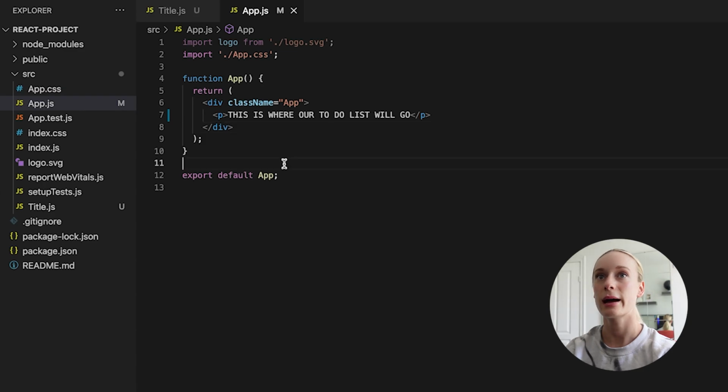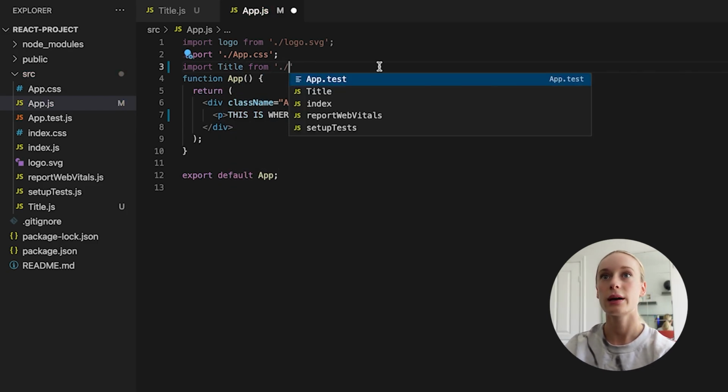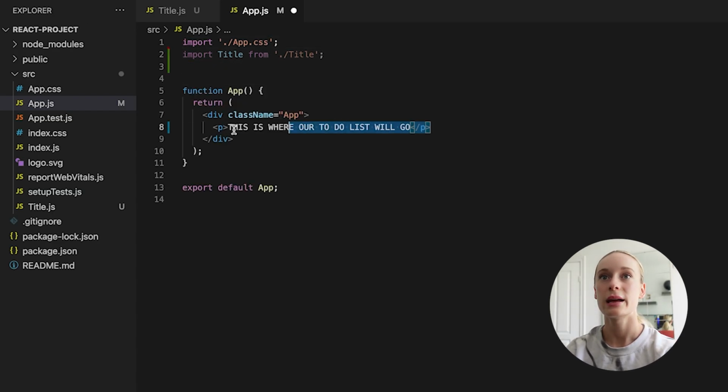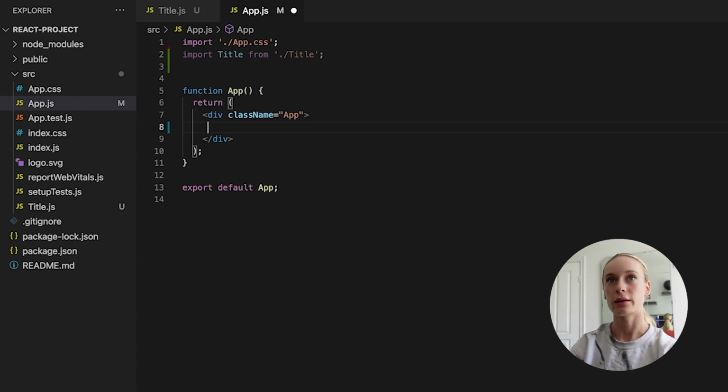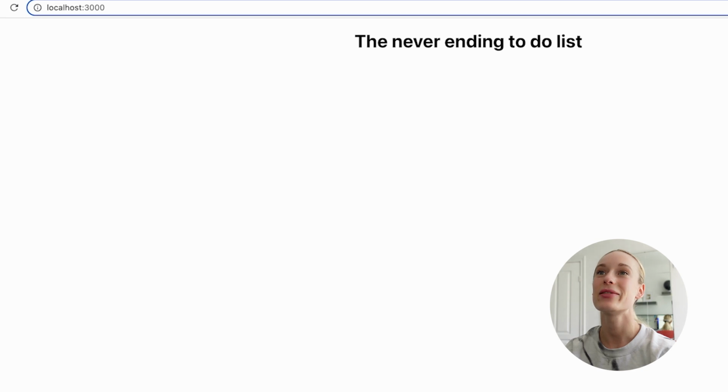So back in app.js, let's import title from title. And we don't need this logo anymore, so I'm actually going to delete it. And then replace this text with our title component. And then when you are using components like this, it's a self-closing tag, which is really nice as well. So now let's go back to our React app, and we can see we have the never-ending